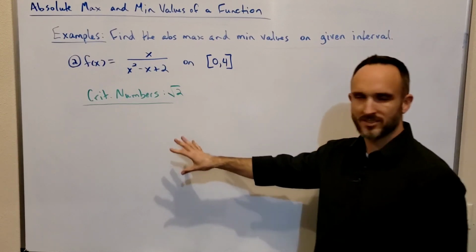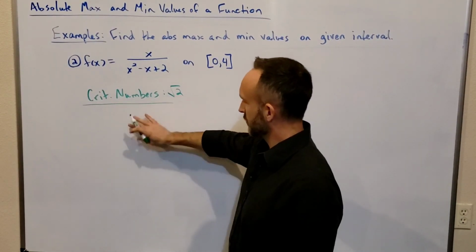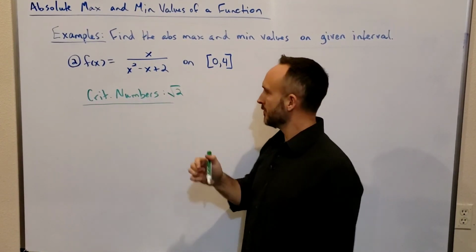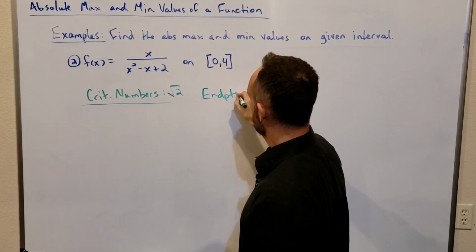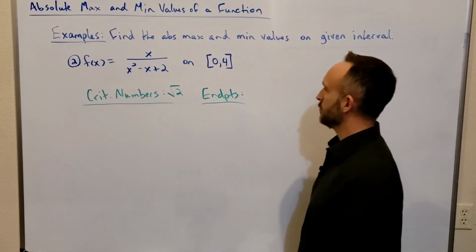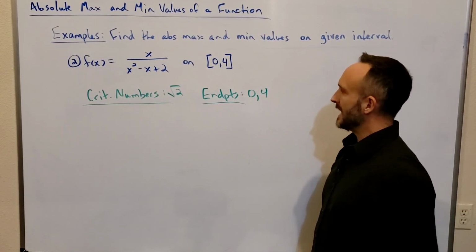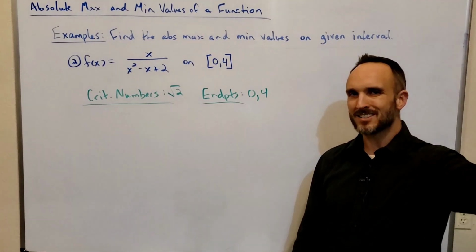You wouldn't just go erase this on your paper, right? But we need to do some more work, so I'm going to erase and keep the important stuff. So I've got my critical numbers. There's only one. And I also have to consider my endpoints. My endpoints are 0 and 4. Now I've got to look between these three x values and figure out which one has the highest y value